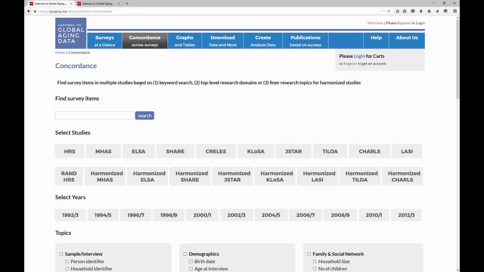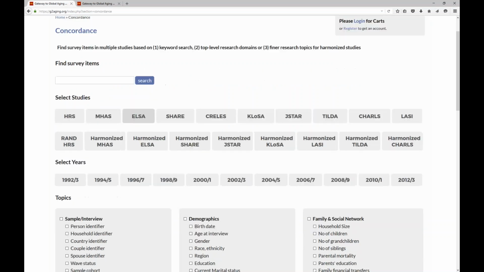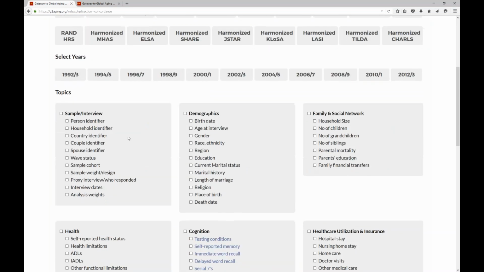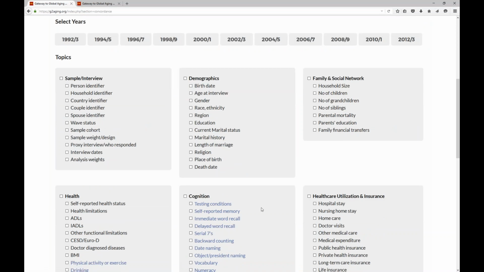So you can see here at the top, we have this search bar where we can type in any search terms we might. This is what we call our keyword search. You can then select the study or the harmonized data set that you're interested in comparing, and the years of interest. And then below here, we have these top-level research domains, so things like demographic, family and social network. And then we've got these finer research topics, which are only available to search for